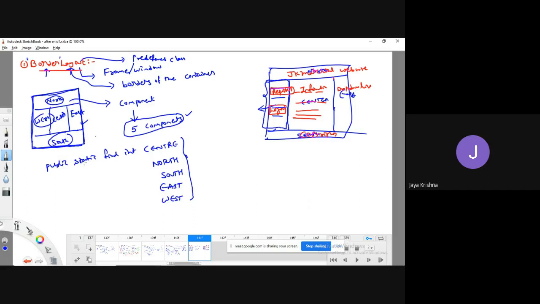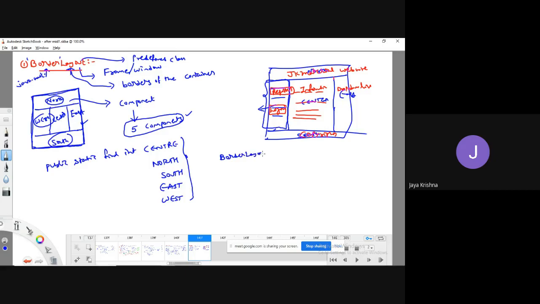So all these are available in which package? You already know by default: java.awt.BorderLayout. That's it. So if you would like to implement this kind of feature, first you need to create an object of this class. How are we going to create the object of this class? BorderLayout, some object name equal to new BorderLayout. That's it. Before going to that, let me show the various kinds of constructors.